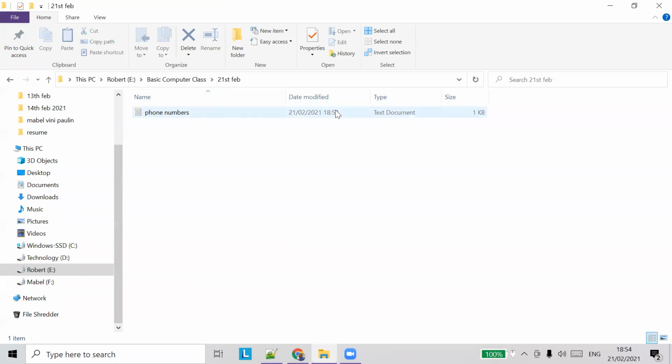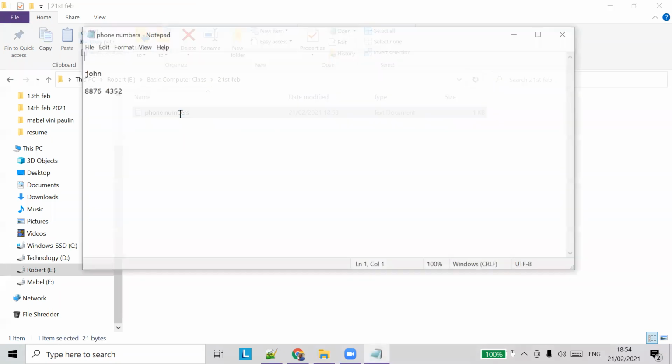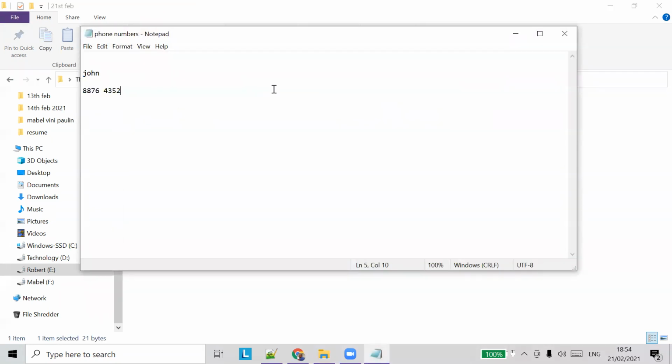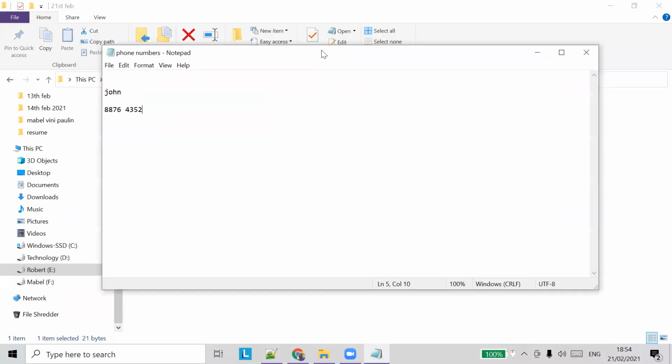These things we learned last week. That's how you save a file. If you want to open it again, just double click it and you will be able to open the file. So this is a very basic idea of how you save some data in a text file, a Notepad file.